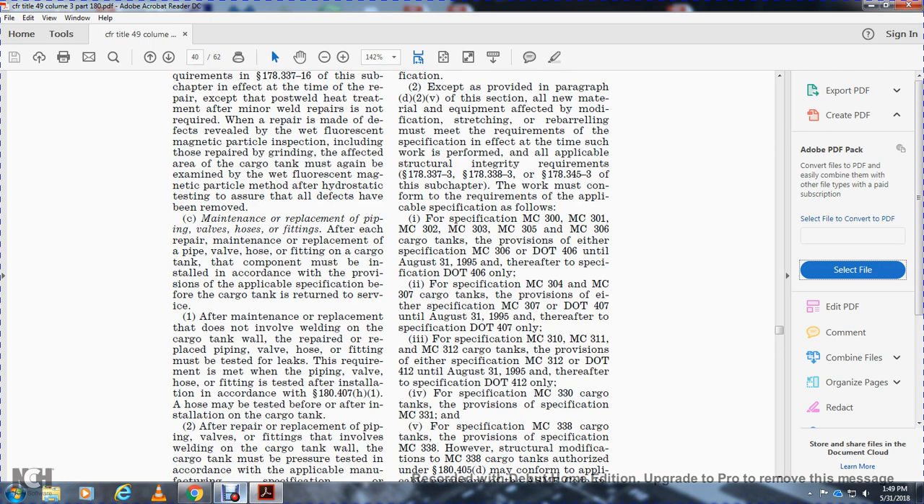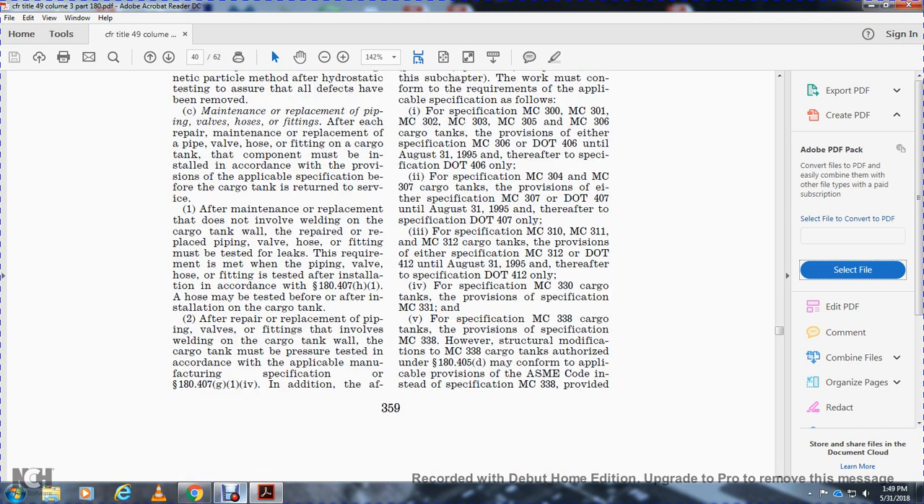For specification of the MC 310, 311, 312 cargo tank, the provision is either specification MC 312 or DOT 412 until August 31st, 1995. Thereafter, specification DOT 412 only. For specification of the MC-330 cargo tank, the provision is specification MC-331. For the specification of the MC-338 cargo tank, the provision is specification MC-338. However, the structural modification of the MC-338 cargo tank authorized in 178.405(d) may